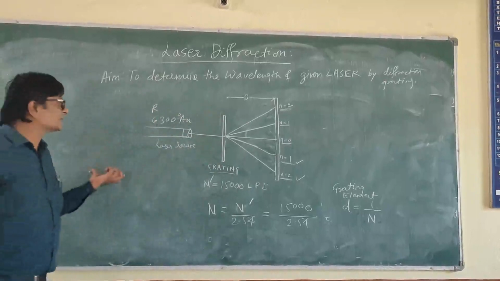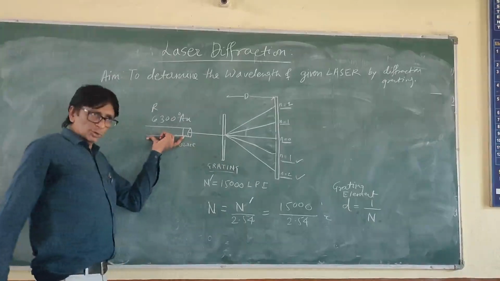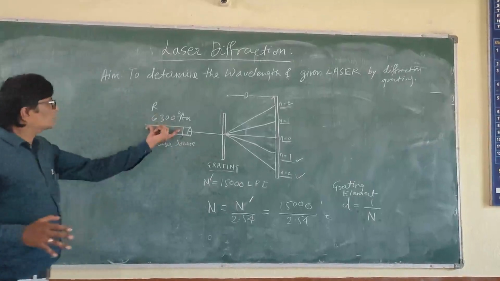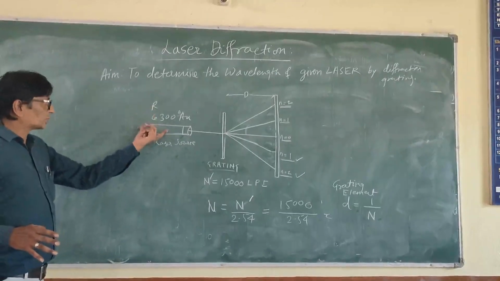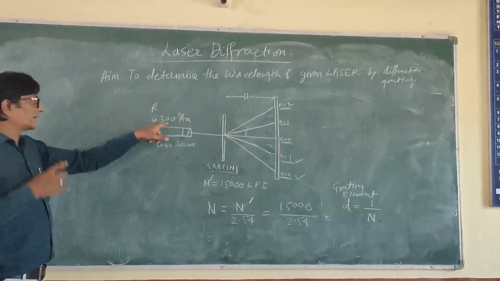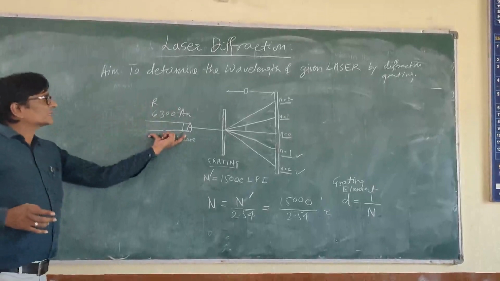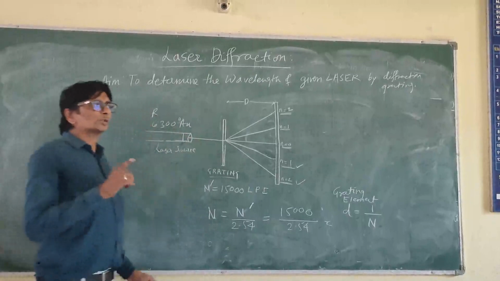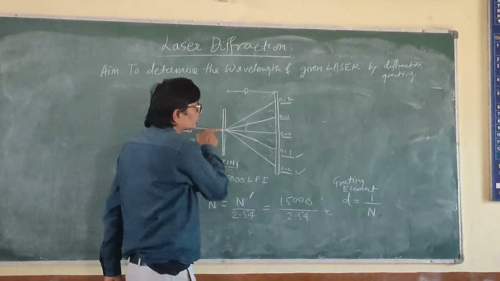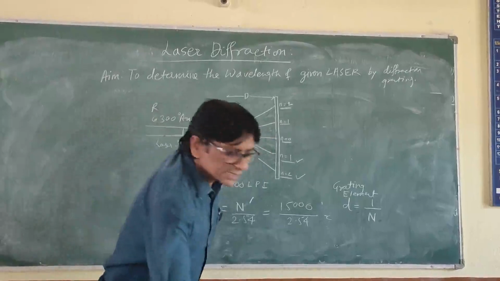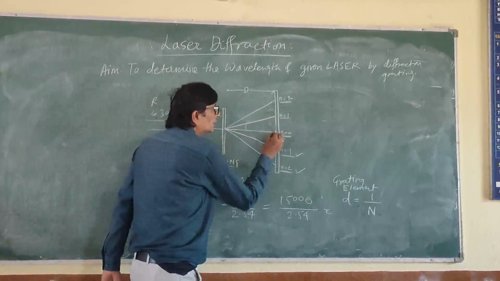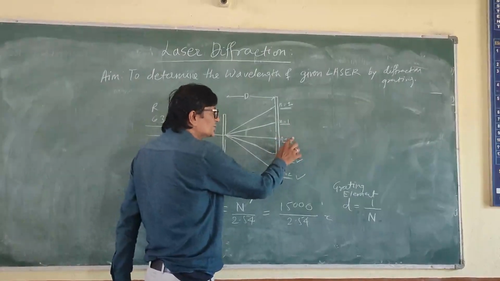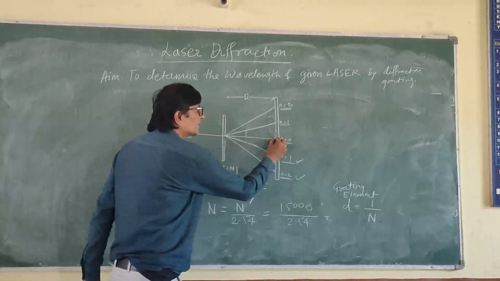Now, what happens when a monochromatic light source, which has a particular wavelength, is used? Here we are using a red monochromatic light source, which has a wavelength of 6300 angstrom units. The laser is incident on this grating, travels through a single point, passes through, and is incident on the screen at n equal to 0. The order of the grating is 0 here because this is the center point.